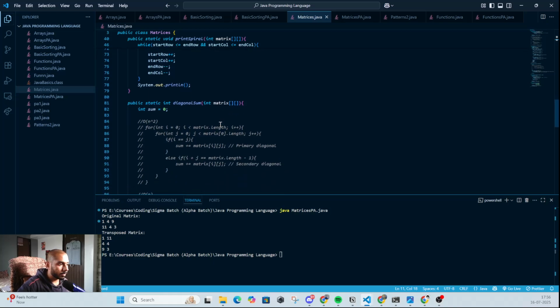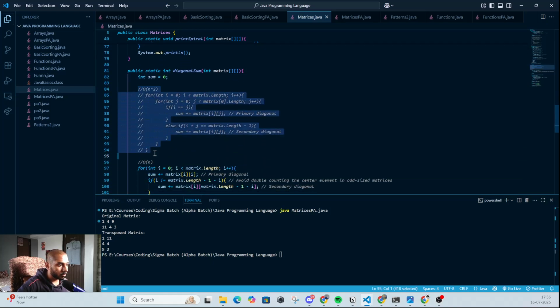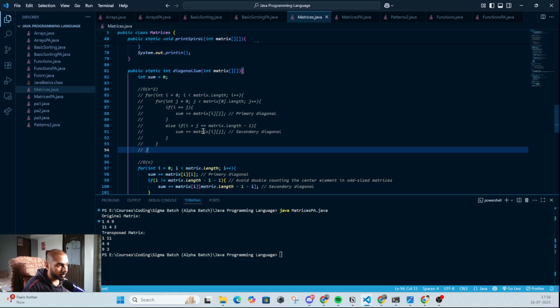Okay, so we also did diagonal sum. So first was obviously the brute force way, which was just to iterate two for loops, and the primary diagonal has a special property that i and j are the same in it. So yeah, that was about that, and